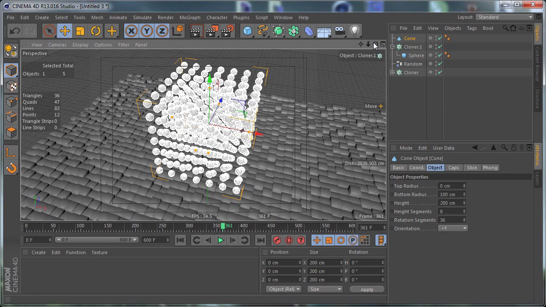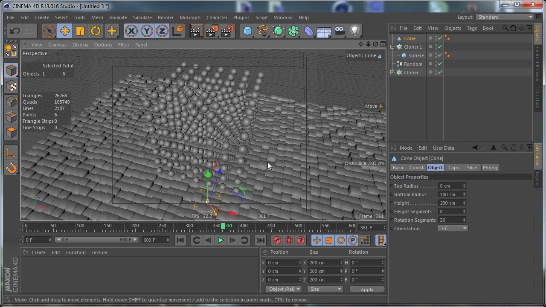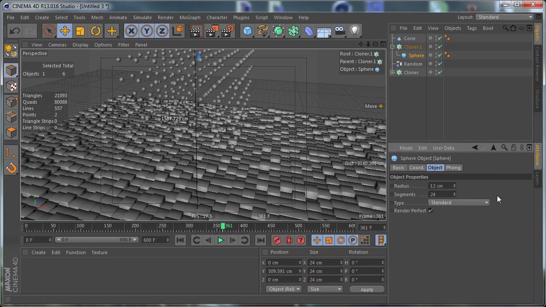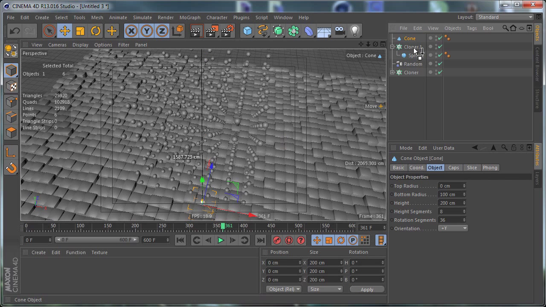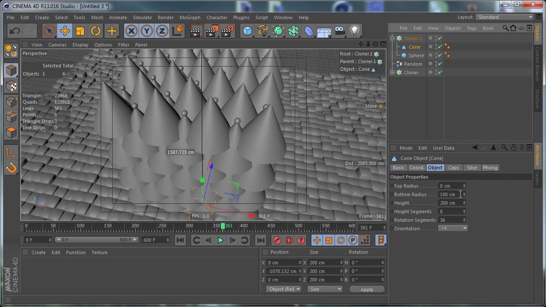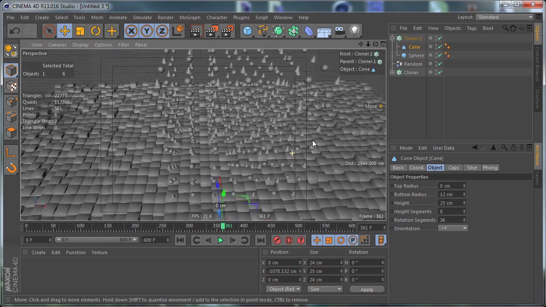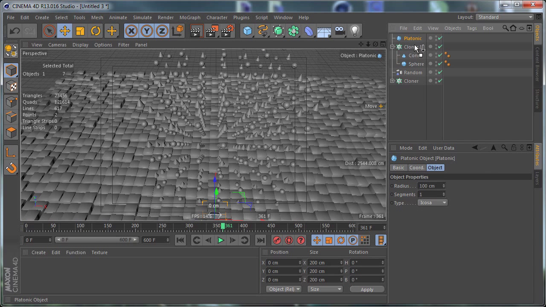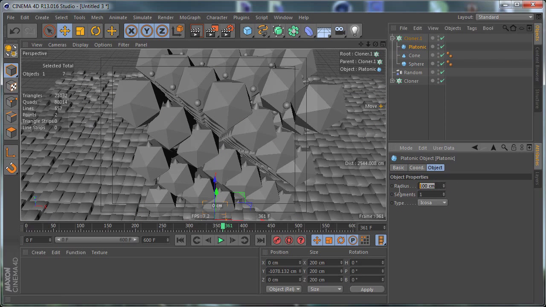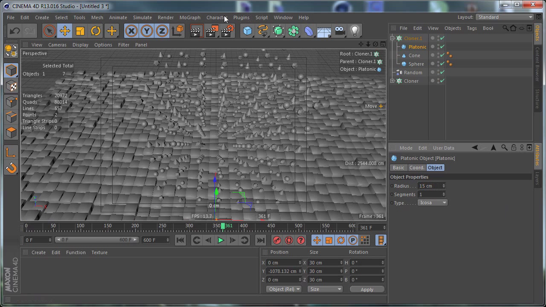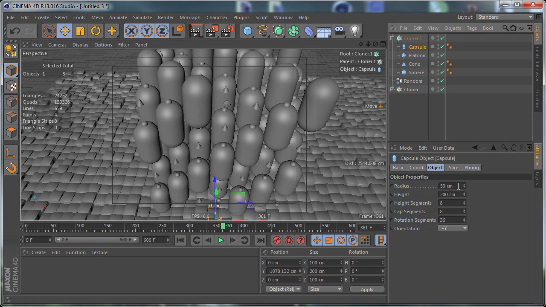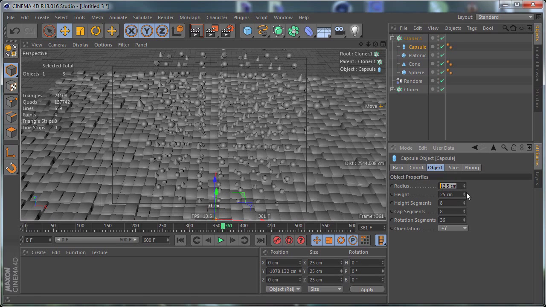several objects here. Let's create a cone, and probably we need to reduce the size of the sphere to something like 12, and let's take the cone and drop it inside the cloner, and we need to change this to, let's say, 12 and 25 like so. And let's create another object, for example a platonic object, and let's drop it inside the cloner and reduce this radius to 12 or 15, and we can create one final object, which is this one, and let's put it here and set this to something like that,